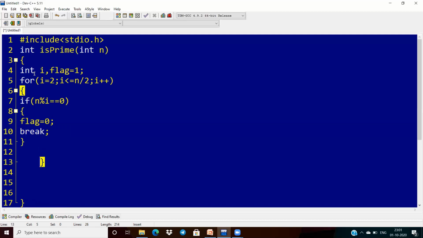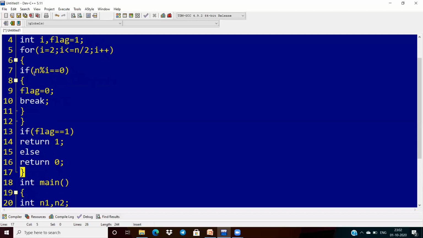Okay. So after completion of this, if flag equal to 1, I am returning 1. That means if flag equal to 1, it is the prime number. So return 1. Otherwise, return 0.